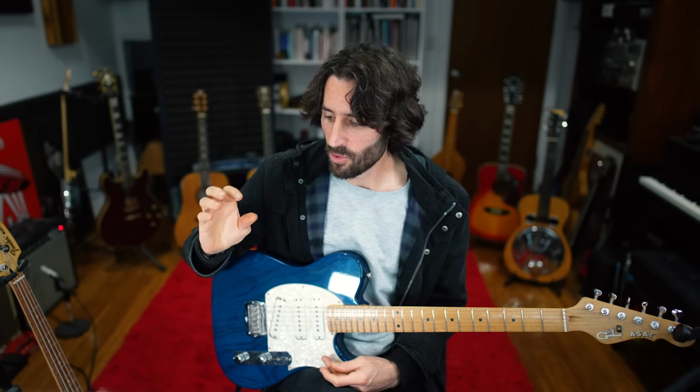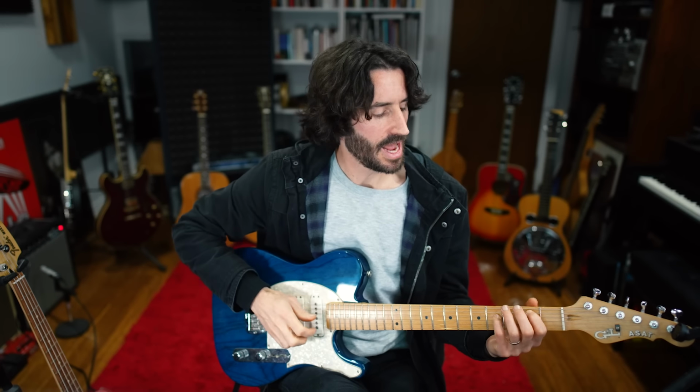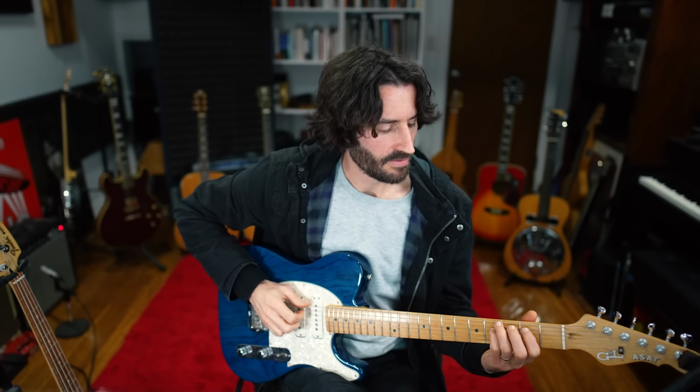So I'm going to try something more delicate now. I'm going to move between an E minor 9 and a C major 7. And I want to give it a finger picking kind of feel to see how the pedal responds to something more nuanced and subtle. 1, 2, 3, 4, and...